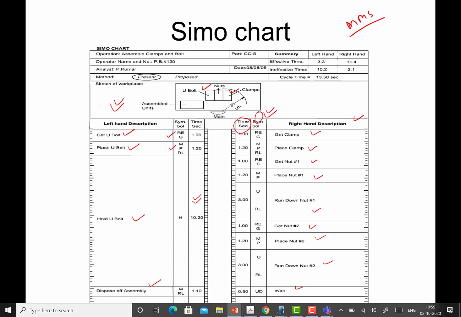Likewise, there are other micro motion study based techniques, but here we will take up just this SIMO chart as far as the micro motion study based technique is concerned. There are two techniques which are left, those are the chronocycle graph and the cycle graph. About those I will talk in the next